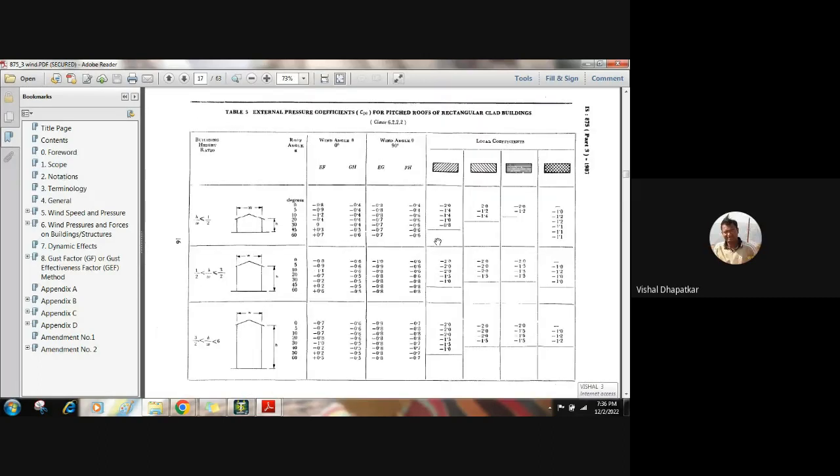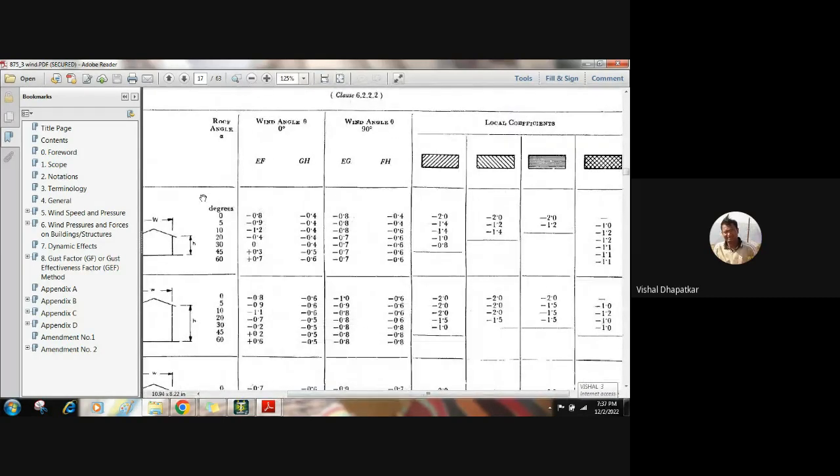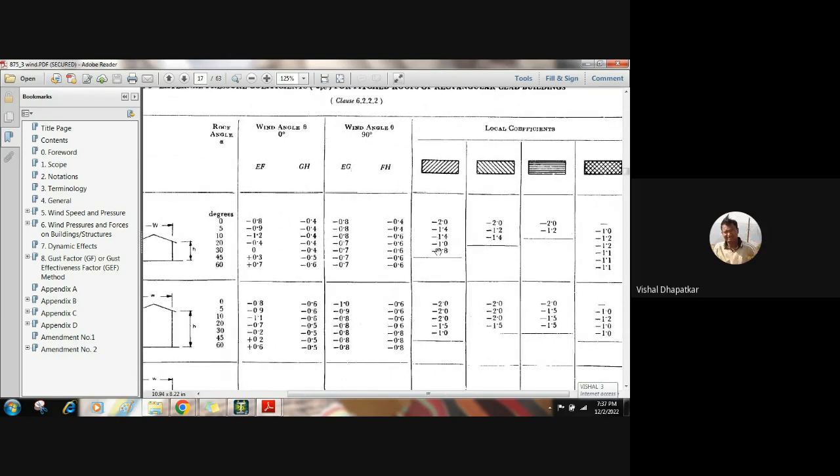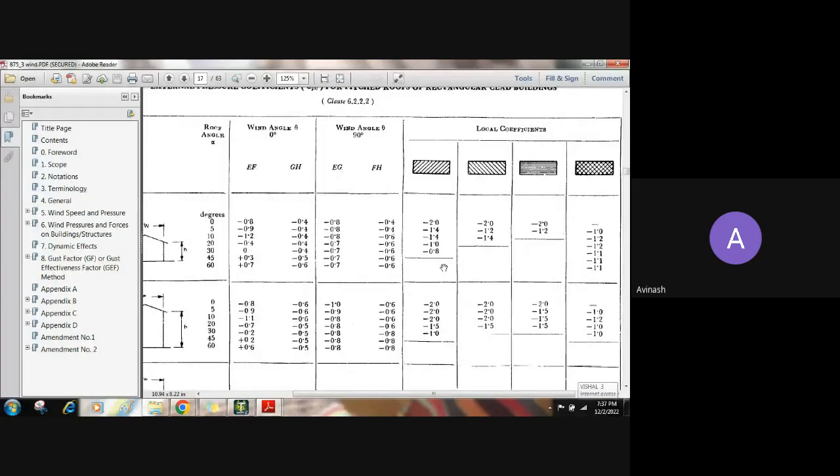ये रूफ का है, बराबर। तो ये 0 डिग्री है और हमारा स्लोप 14 डिग्री है। तो 14 डिग्री 10 और 20 के बीच में आएगा। 10 का 1.4 है, 20 का 1.4। तो इनके बीच में हमें इंटरपोलेशन करना है। ये कैसे इंटरपोलेशन होगा, एवरेज करके होगा, मल्टीप्लीकेशन नहीं।